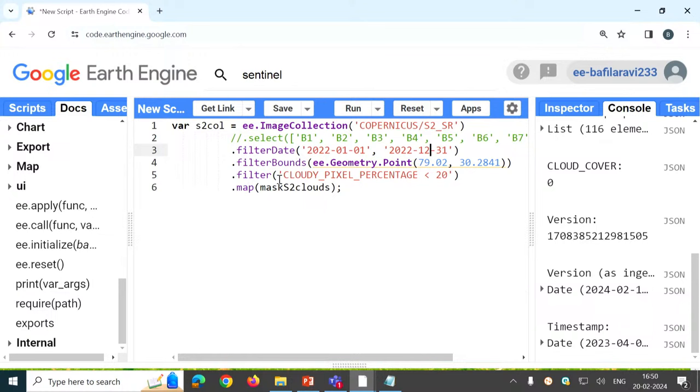And filter by that spatial extent. Then suppose you want to filter by cloud cover, like you want just the images which have less than 20% cloud cover, right? Then you can filter cloud pixel percentage less than 20. Right now we will not see this map.maskClouds; this is another function. So if I just run this,